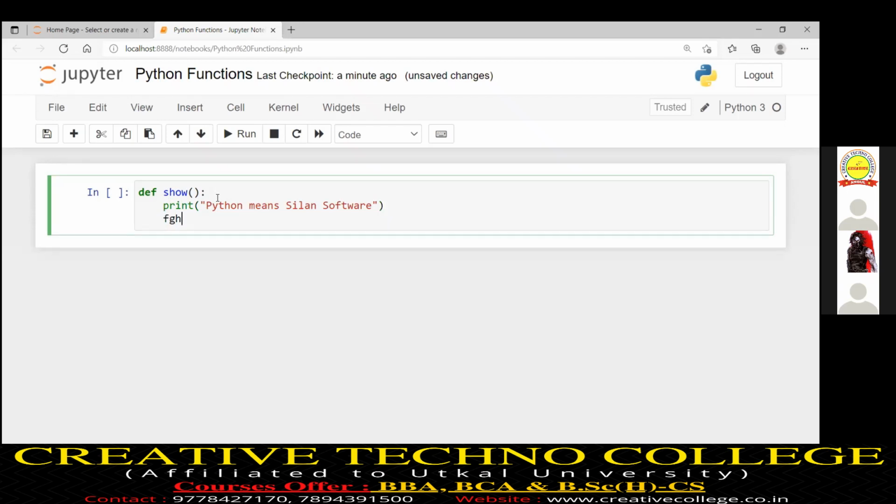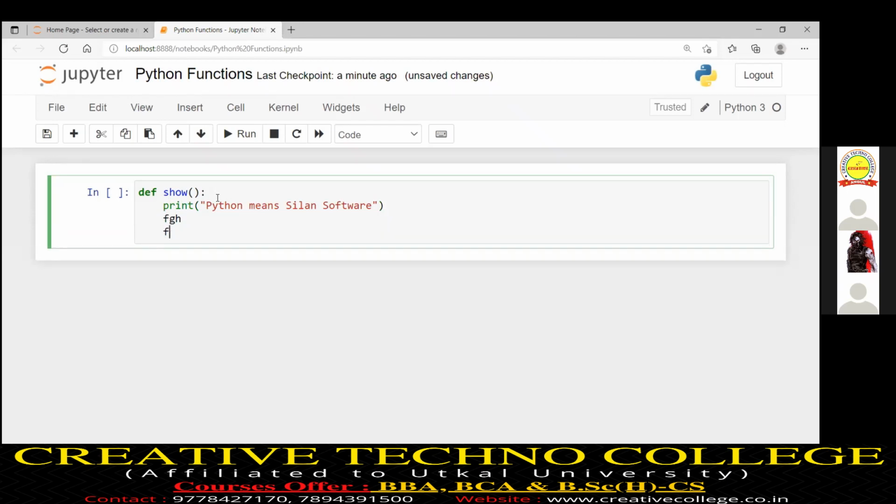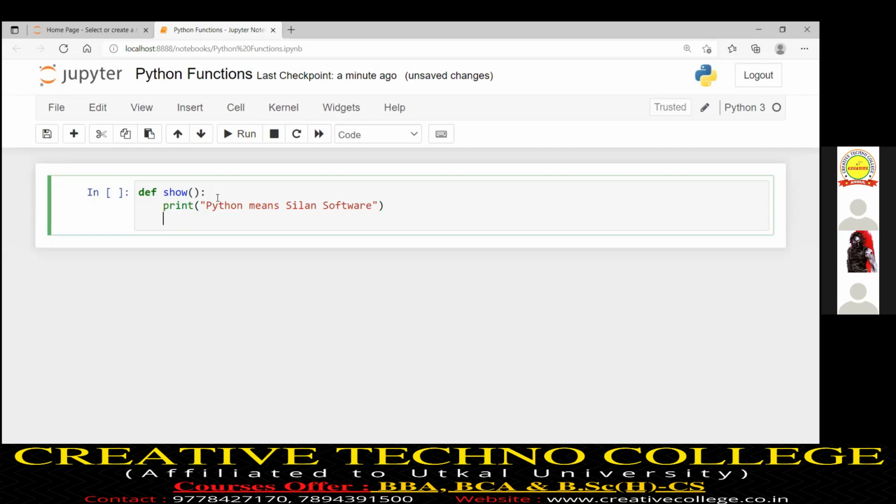Whatever statements you write here are all the function body. So this is the show function definition, and this function definition represents a task: one message we want to display, that is Python means Ceylon software.